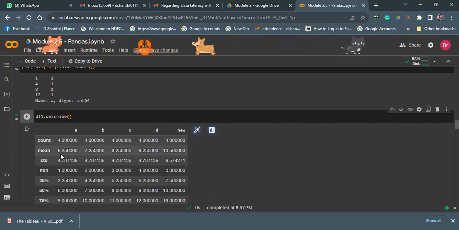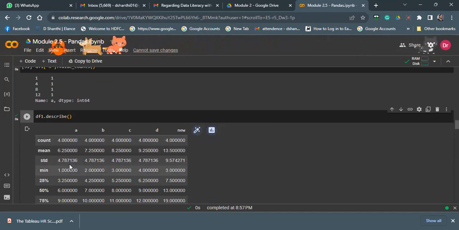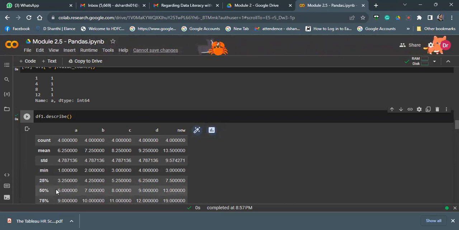Mean of this column, standard deviation of this column, minimum of this column, like how the data has been distributed, in terms of the graph. So that normal distribution, how the data is distributed, will be shown here. Okay. So the 25% of